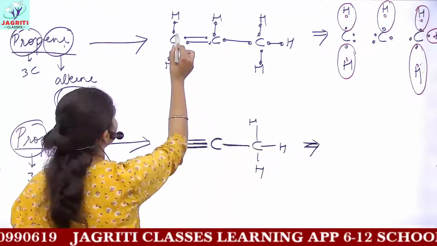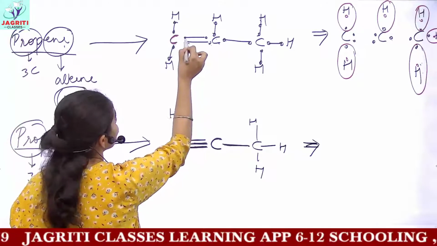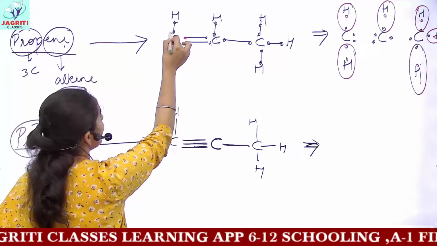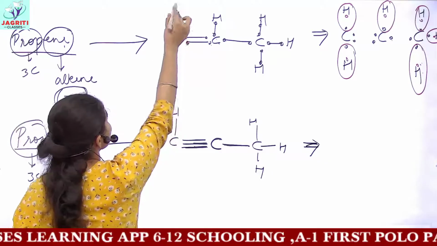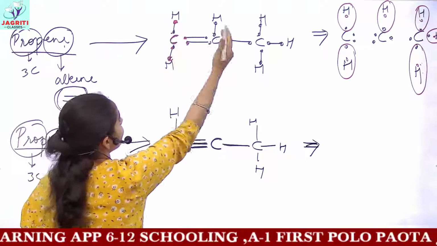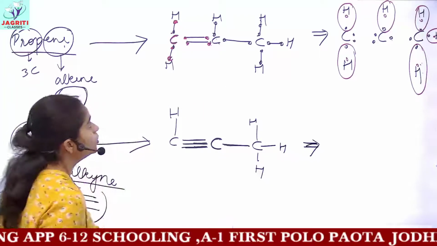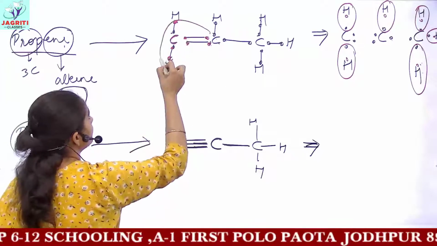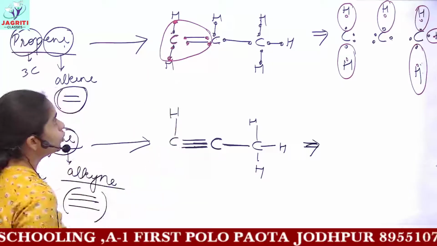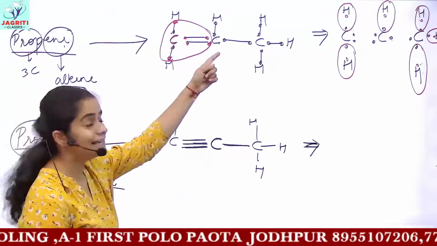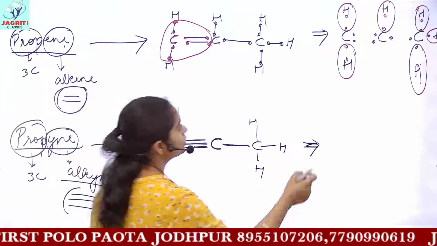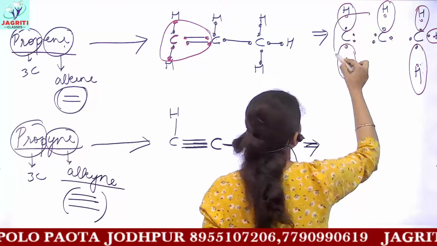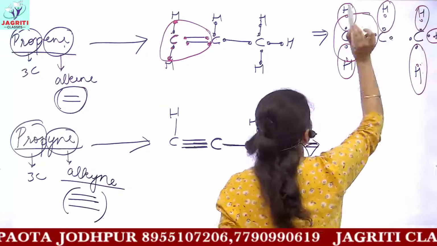You have to include the carbon with its 4 valence electrons, 1, 2, 3 and 4. And the remaining electrons are from the neighbors. First neighbor, second neighbor and the third neighbor give you 2. So the sharing circle will be in this manner. Do not include the symbol H and C here. Only include their electrons and not their symbols. So drawing the same sharing circle, I would get this result.